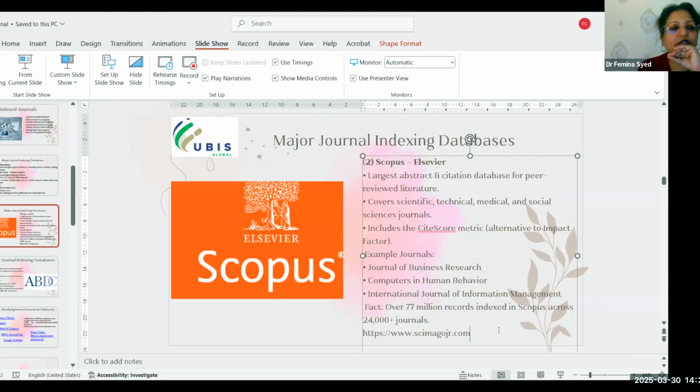Now, if you go to that particular site and click on SJR, all the details regarding what SJR is all about and how you can analyze the metrics are available over there. So I would request each and every one to go to this particular site, spend some time, navigate across and understand these key terminologies.